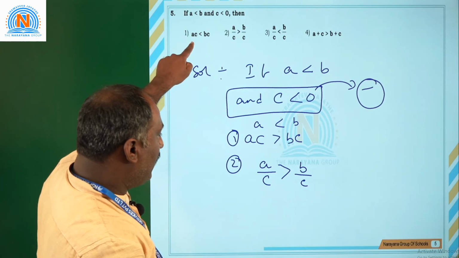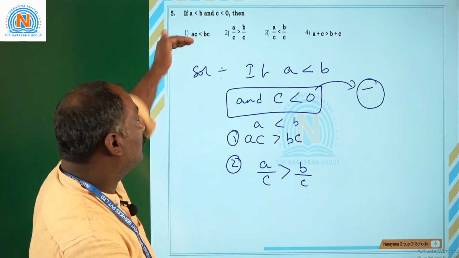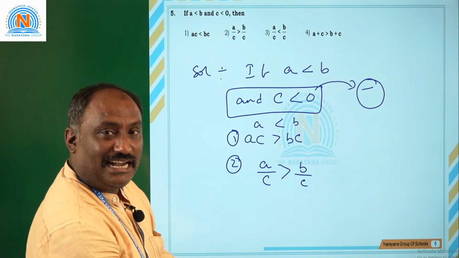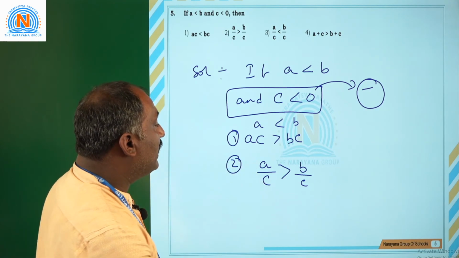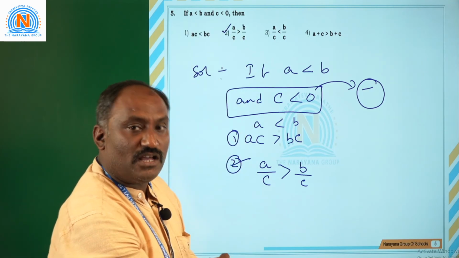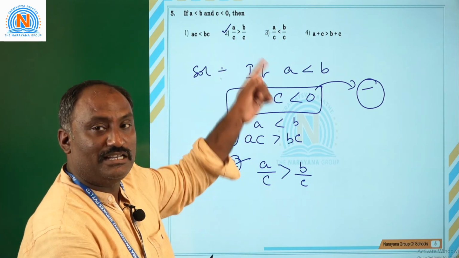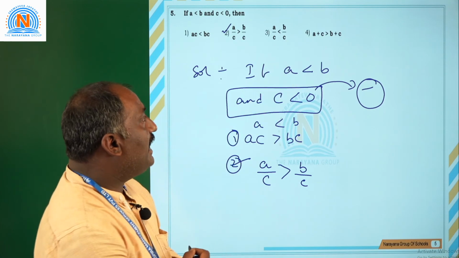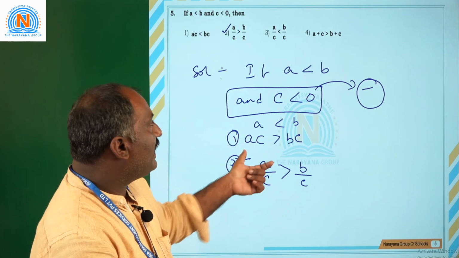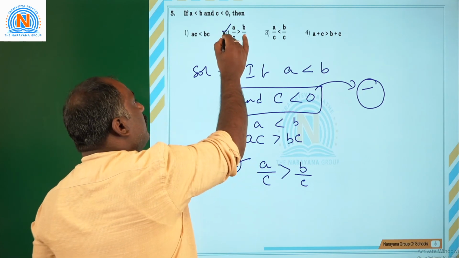So the first one, if you are taking AC is less than BC, but we have AC is greater than BC, so the first one is not our option. And the second one, if I am taking A by C is greater than B by C, yes, it is matching with the second option. Once we check the third option also, A by C is less than B by C, already it is greater than, so it is not our option. And the fourth one, they are telling A plus C is greater than B plus C. So from this one I can say very clearly that our option is 2, which we have done.